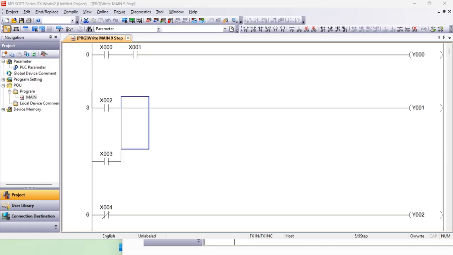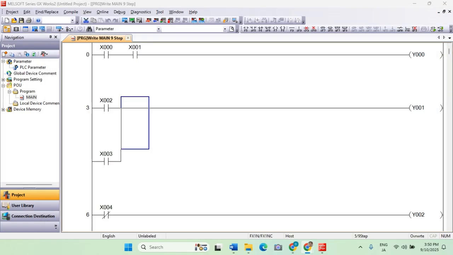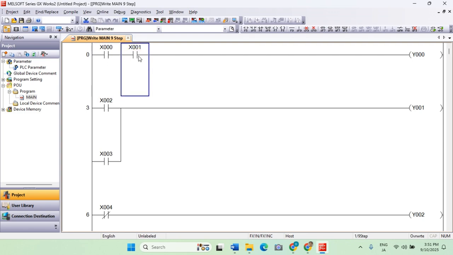So first, let's try the device comment. The purpose of the device comment is to provide a description for a specific device in the PLC's hardware. For example, let's say that this X000 is for push button 1, and this X001 is for push button 2. So how do we add that comment in this program?